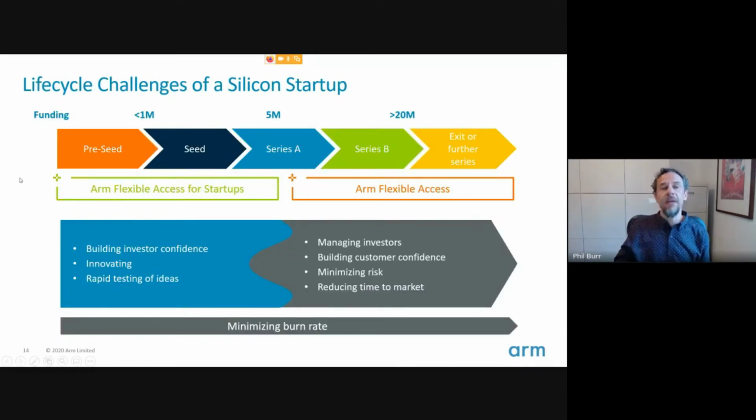So I think if you look at the life cycle of a startup, then actually from my own experience of being in a startup, and actually talking to many of the startups that we work with already, you can look at two main phases. So that first phase is all about building investor confidence. It's about trying to convince investors that there's a really good idea, that there's the team there, able and ready to deliver on that. It's all about innovating and testing those ideas,